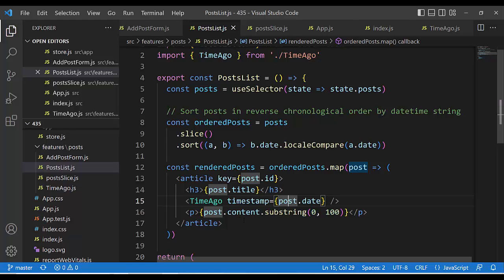Time ago here looks like an HTML element, but it is a React element. There is a capital letter here. It is very, very interesting architecture, and all the time in